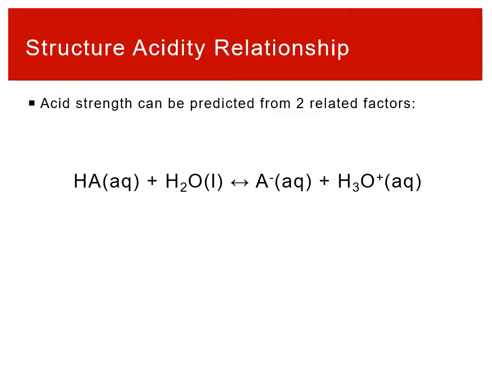And so what we want to talk about now is how we can make predictions, or at least understand why certain molecules are strong acids or weak acids based on the molecule itself, based on what atoms are in the molecule, what the molecule looks like, that kind of stuff. And when we're understanding acid strength, really it's based around two similar but distinct factors. And we can base it off the idea of an equilibrium and where the equilibrium lies.